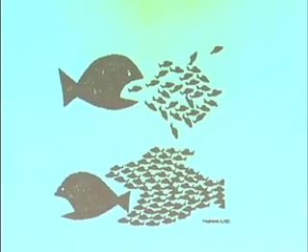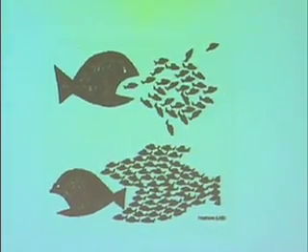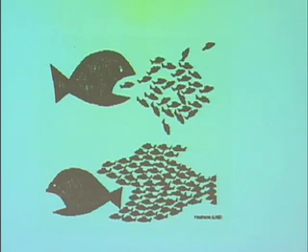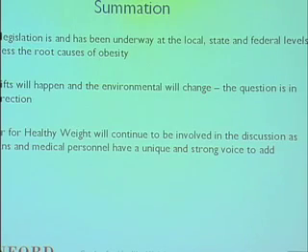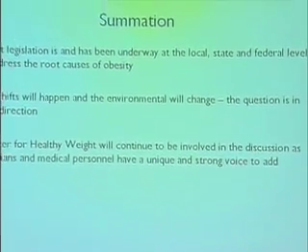So kind of trying to draw things to a close here. I think what we're looking at is kind of at the top, and the big fish there is obesity. It's kind of beating us down. The little fish there are those of us who are working every day to address this, the different after-school programs, et cetera, and we're kind of losing the battle. But the tide is turning, and I think the tide is turning through the legislation that Michelle and Sophia have talked about and the big picture policies that I've talked about. And I think once those policies get changed, things will start to streamline, and we really can turn the corner on this.